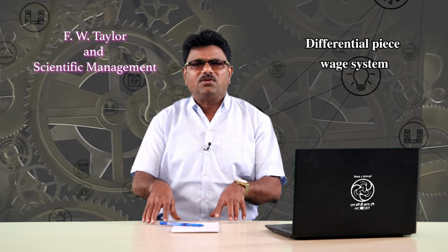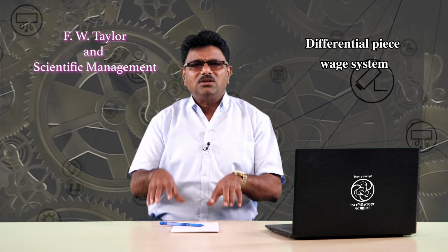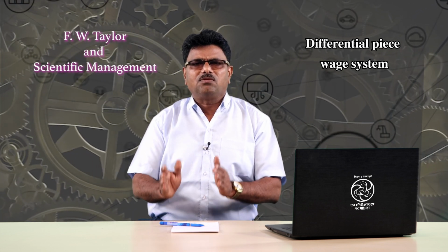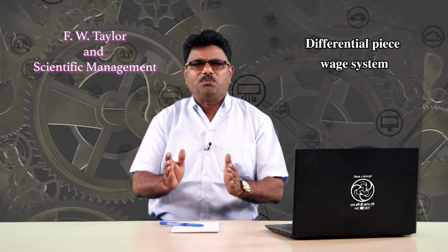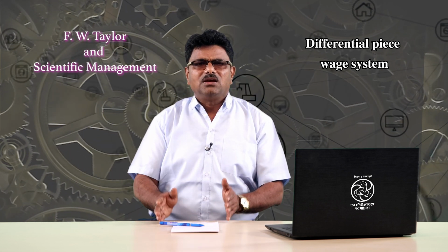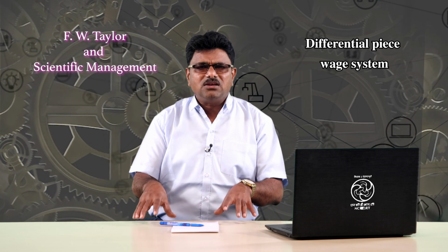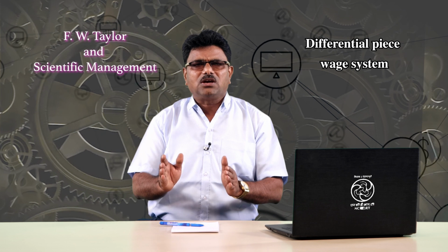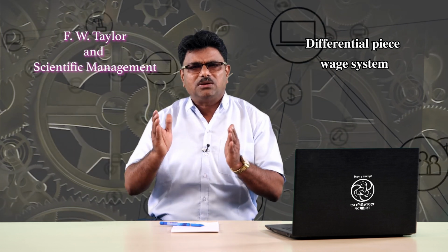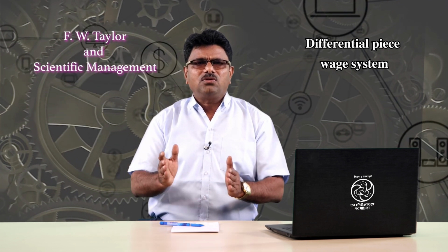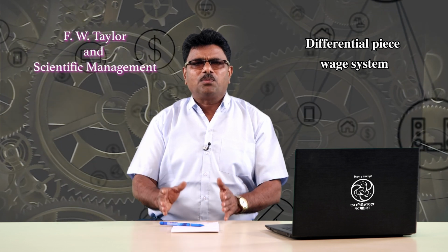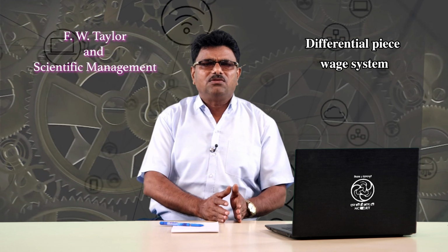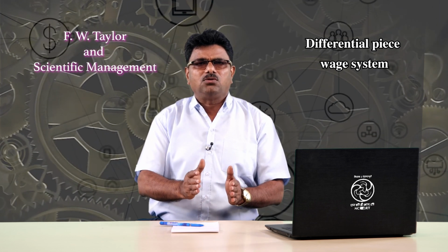Now, an efficient worker making 11 units will get 11 multiplied by 50 equals rupees 550 per day, whereas a worker who makes 9 units will get 9 multiplied by 40 equals rupees 360 per day. According to Taylor, the difference of rupees 190 should be enough for the inefficient worker to be motivated to perform